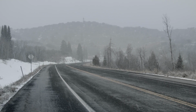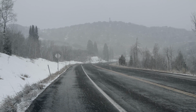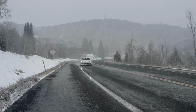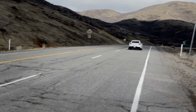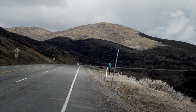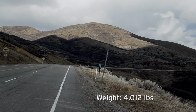A little bit earlier on our shoot, it was snowing like crazy. And this car felt so planted. Now here's the thing, this car does feel heavier than the Audi. And they're so close, they're such competitors. It makes its power completely differently. It's that long push in the back, and I found myself winding it out and touching redline just about every